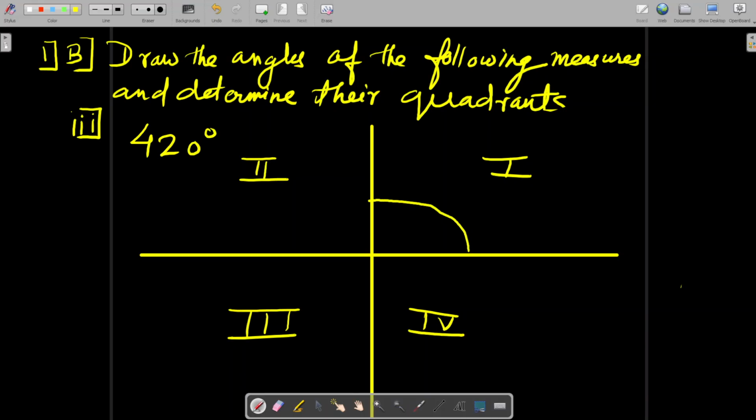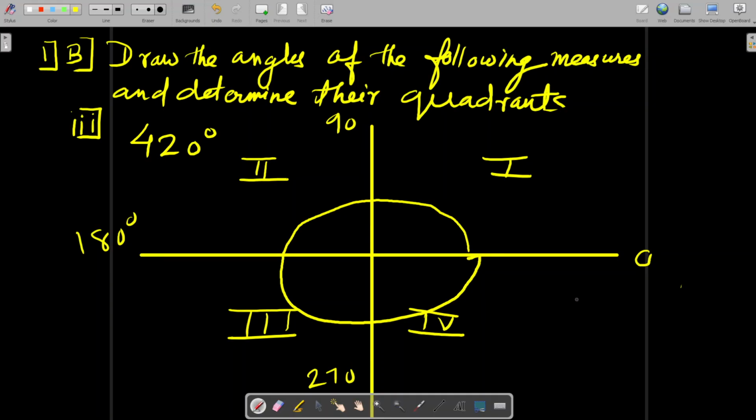0, we came here up till 90, then 180, this is 270, this is 360 and 360 plus 60. 360 plus 60 is what? 420. This is 0, this is 90, this is 180, this is 270, again this is 360. If I take a protractor and measure from 360, we can write